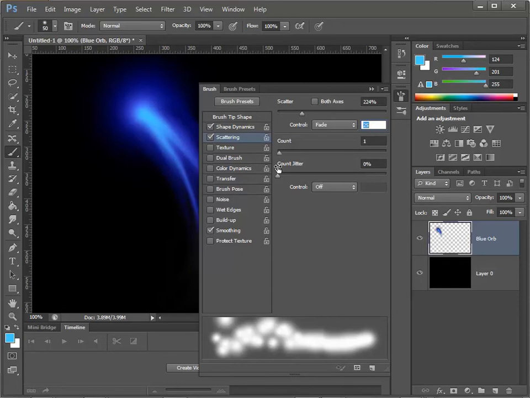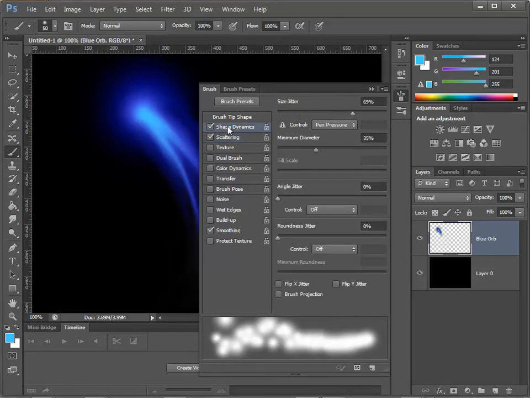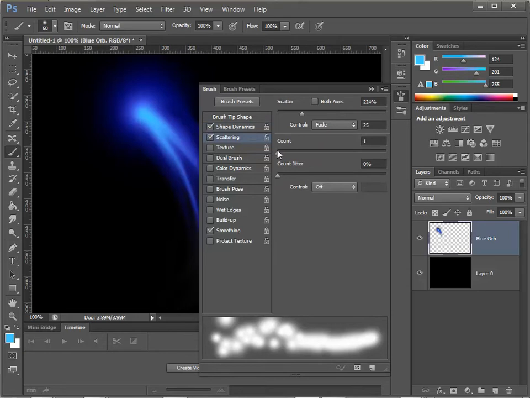So you can start playing with these things. So in scattering, I got the first couple there. And shape dynamics, let me go play with that some more here. Actually, that's fine. I always like to just go in there and play with a lot of the controls to see